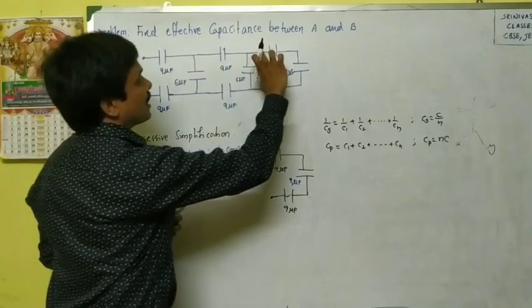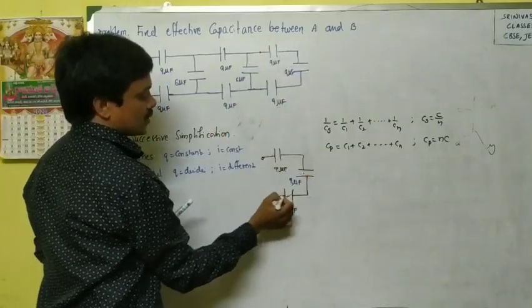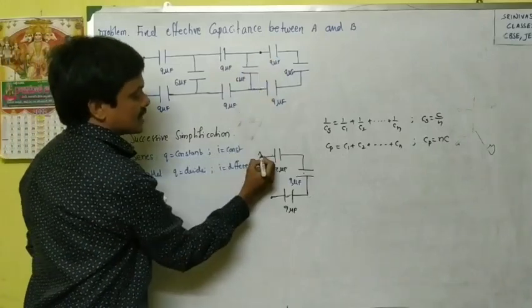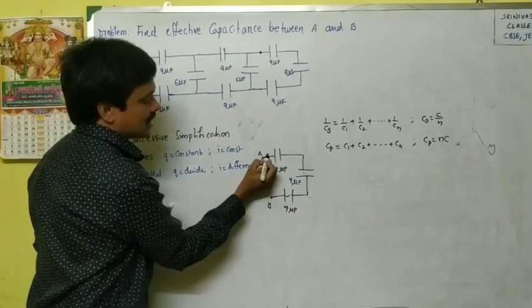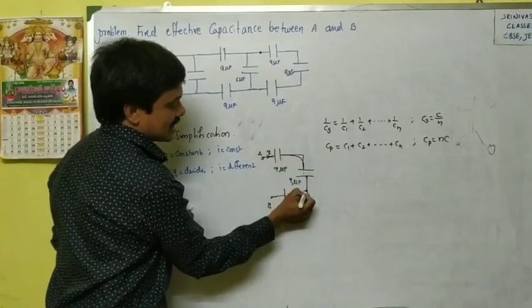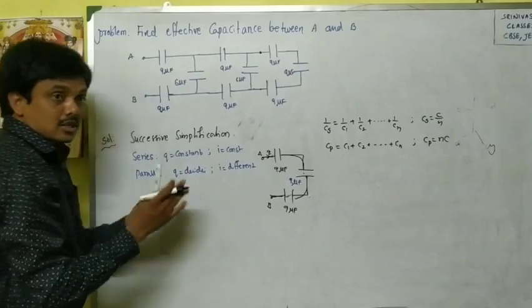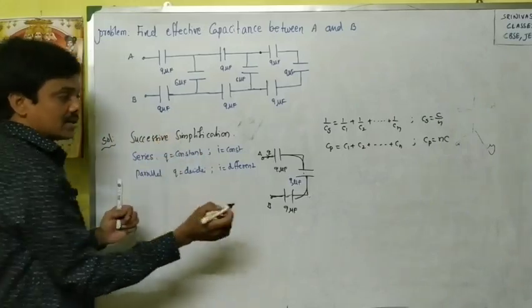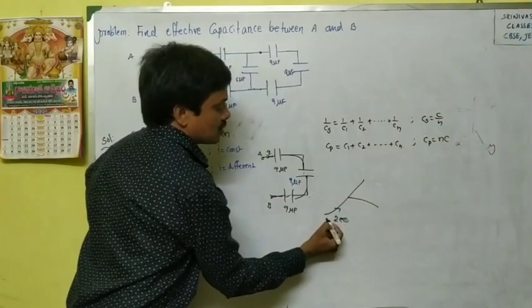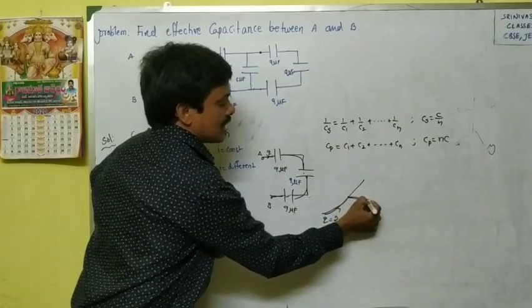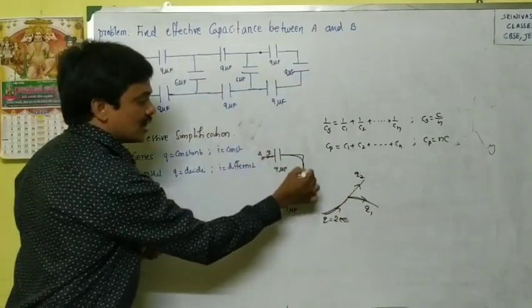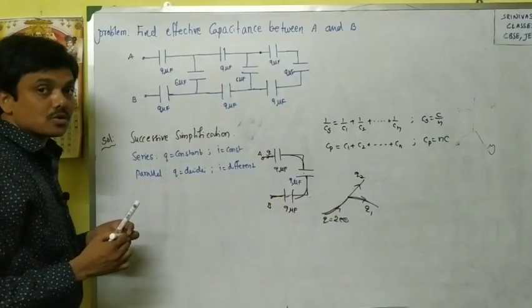Look at here, this part we are taking, this one and this one and this one, whether they are in series or parallel, we want to know. We split up this part, and this is A and this is B. When we give some charge here, for example 2 electrons start here, those 2 electrons pass like this, like this, all the way through. That means no splitting of the charge, no splitting of current. For example, if various paths are there and Q charge goes like this, after this there are 2 ways, so the charge is splitting, but here there is only one way. One way means no splitting of charge, no splitting of current.